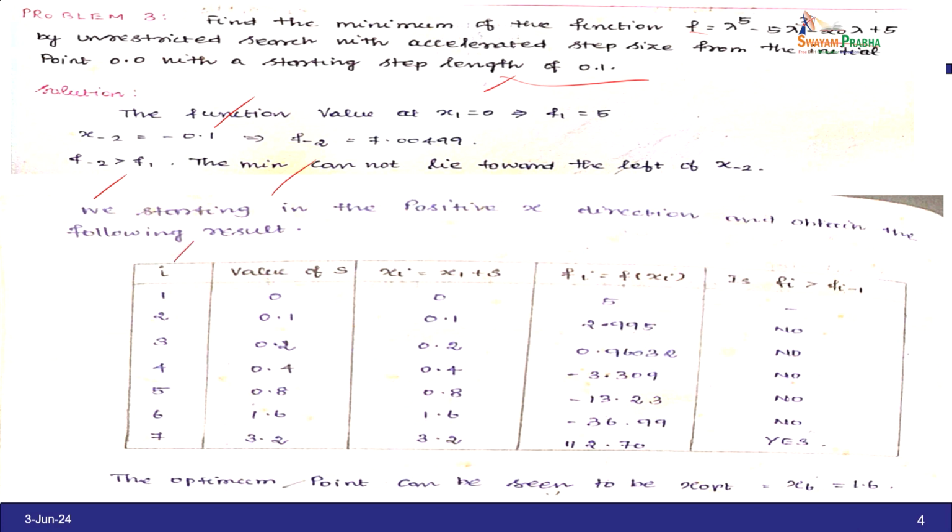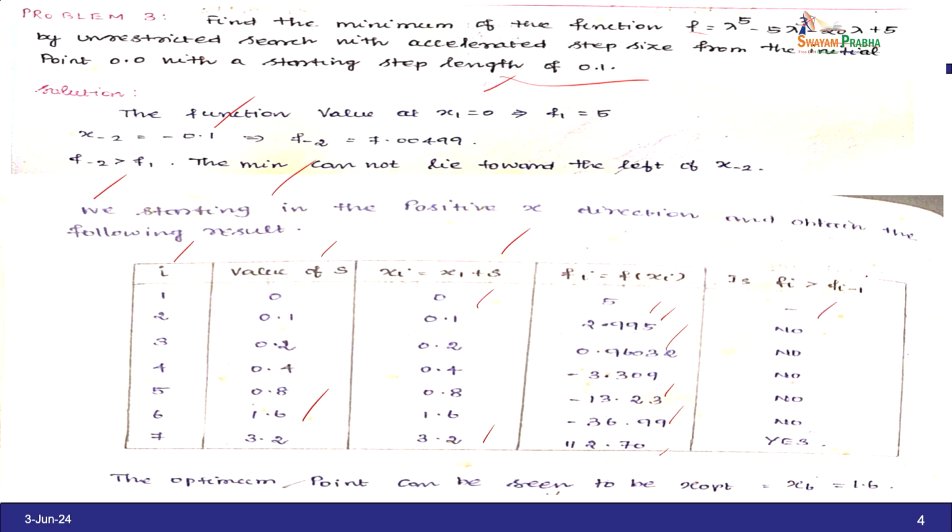i equal to 1, 2, 3, 4, 5, 6, 7. So, the value of s is equal to 0, 0.1, 0.2, 0.4, 0.8, 1.6 and 3.2, and x suffix i equal to xi plus s, and we have 0, 0.1, 0.2, 0.4, 0.8, 1.6 and 3.2. Now, we have fi equal to f of xi. f of xi is 5, 2.995, 0.96032 and minus 3.309 and minus 13.23 and minus 36.99,